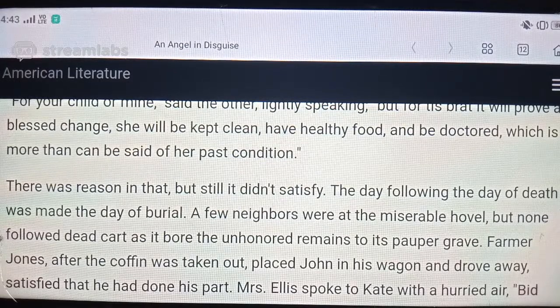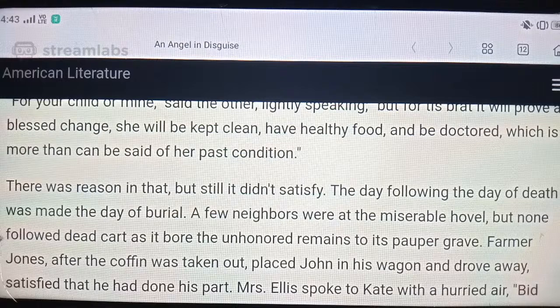Burial is the last ceremony where the deceased, a dead body, is kept in the grave and dug deep into the ground. A few neighbors were at the miserable hovel, but none followed the dead cart, as it bore the unhonored remains to its pauper grave. So during the burial ceremony, very few villagers went to the graveyard because most of the villagers did not like that lady, that alcoholic lady. And it was the last ceremony of that deceased lady, so very few villagers went to the graveyard to perform the